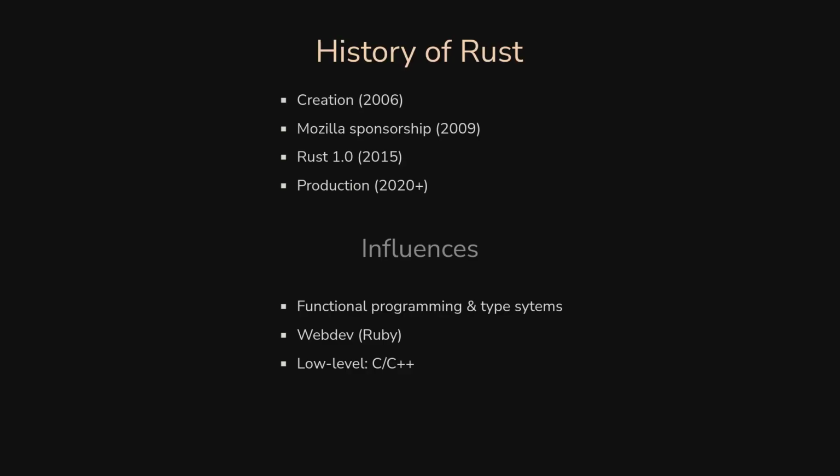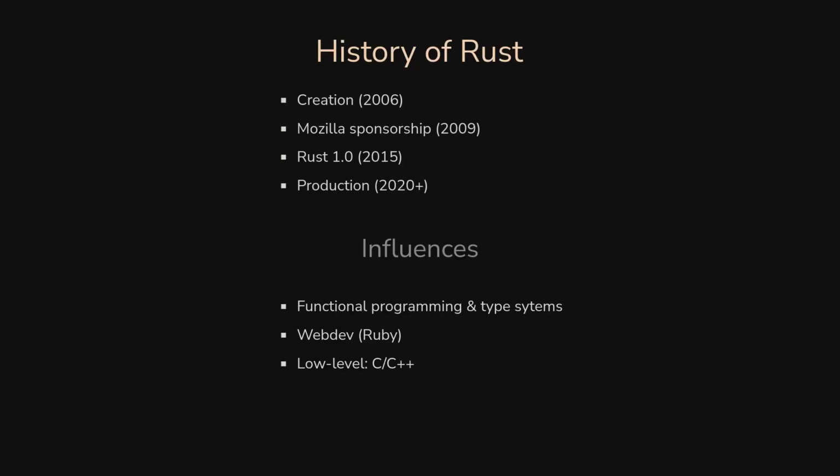So then, in this period, it was a different language every 3 months, basically. It was very different from what you know today. There were built-in types for many different kinds of pointers that were not part of libraries. There was a garbage collector before 1.0. And I think it's important to note that they had very high-level design guidelines. They did not say we don't want a garbage collector. They said we want memory safety, we want fearless concurrency, we want zero-cost abstraction. And at that time, they thought that they needed a garbage collector for memory safety. And in the end, they found a way to avoid that, as we will see.